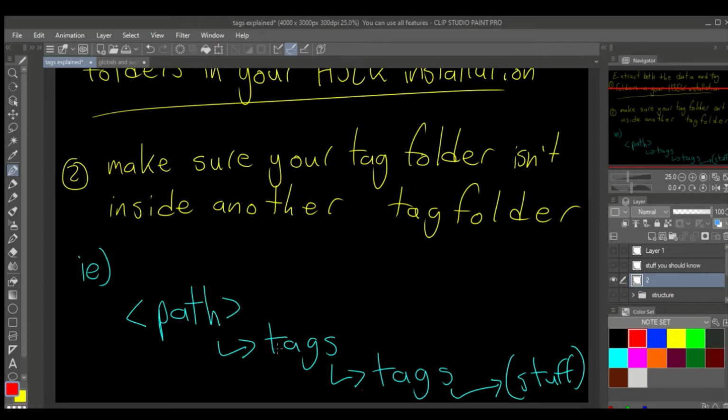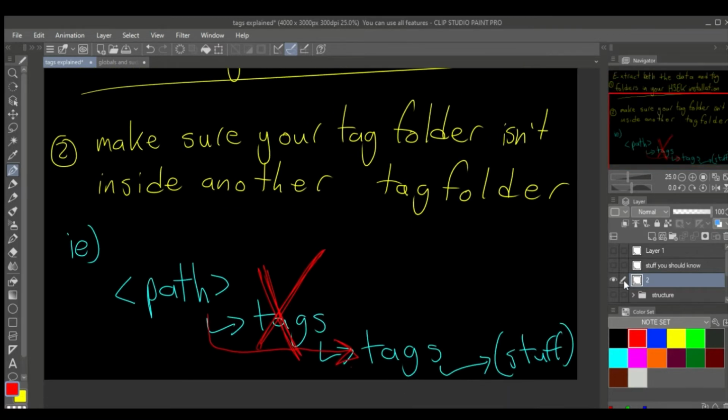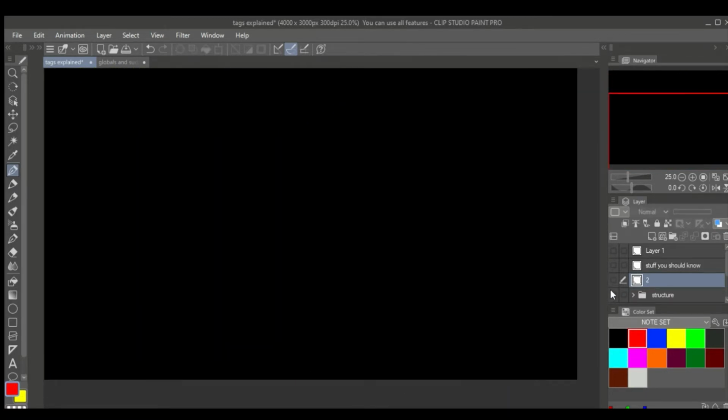So I'd probably get rid of this one because this one is just empty. Then that should make sure that your path goes to tags and then the stuff. Otherwise it doesn't know where to look. Okay, now that that's out of the way, let's talk about